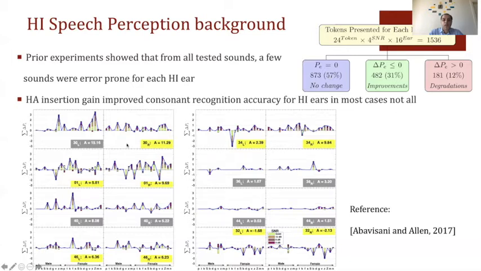If you look at this plot here, these are for different subjects. You can observe that the error, degradation, or improvement is across all of the sounds. These are the sounds down here. You have both male and female talkers and different SNRs. So we cannot provide a specific rule to generalize the recognition in this fashion.